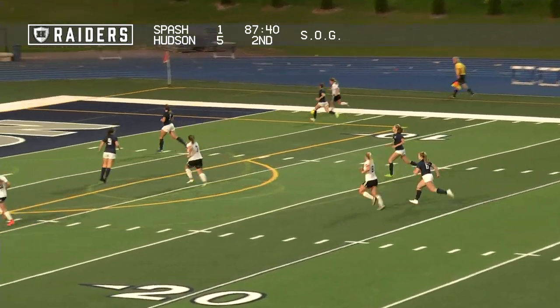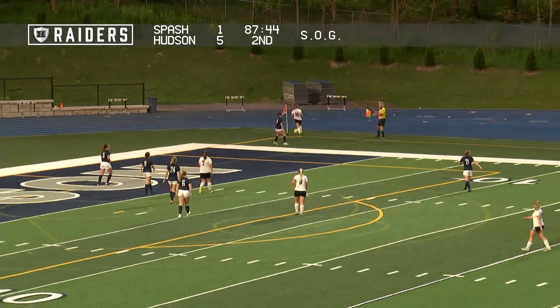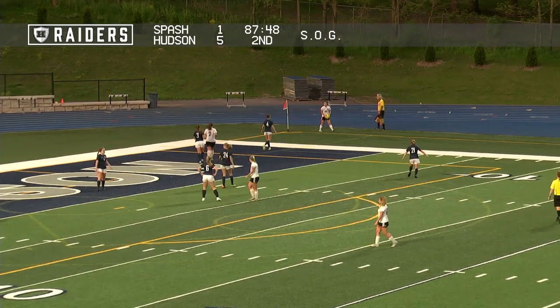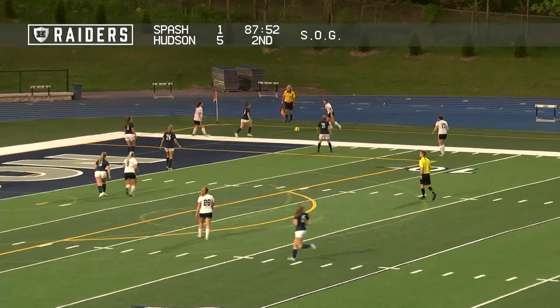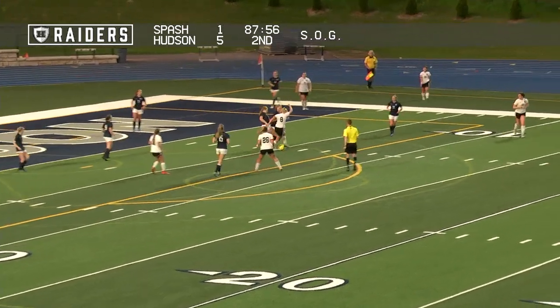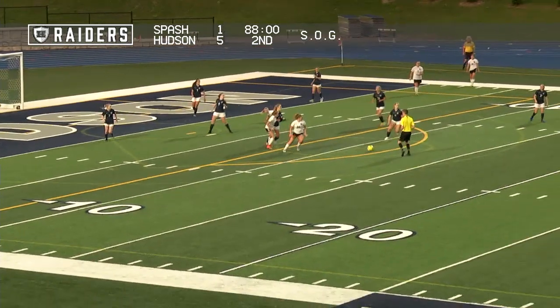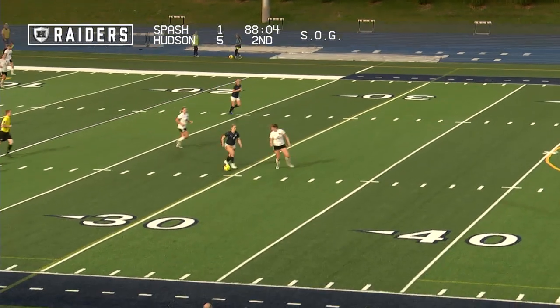So now another opportunity here, as it probably won't mean much for the grander scheme of things, but if Stevens Point can get a goal here, it means a lot to them to at least salvage something from a pretty lost game in the 88th minute of play right now. So 5-1, potentially 5-2 if Stevens Point can get anything going on offense. Instead, it will be taken away from Hudson. That's Cameron Helterbrand,